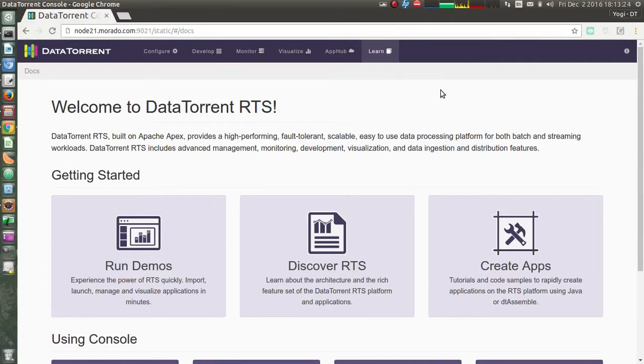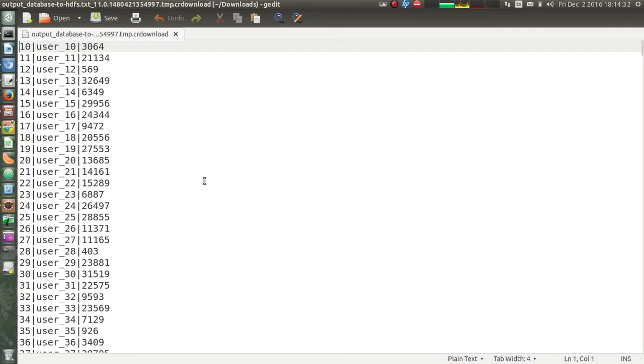In this video, we will look at the Kafka to database app template. So we have some messages on Kafka which look like this. Some fields separated by a field separator, pipe.